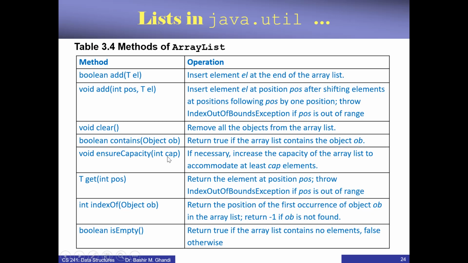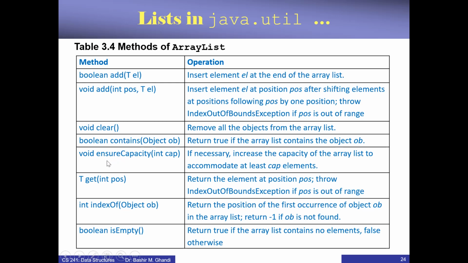So immediately it will make the array list to be of size 100 without waiting for it to be finished and then doubled again when it finished and so on. So right away make it to be of this size. This is what this method is going to do. So if you can observe, this will actually make it more efficient, especially if you know you're going to store